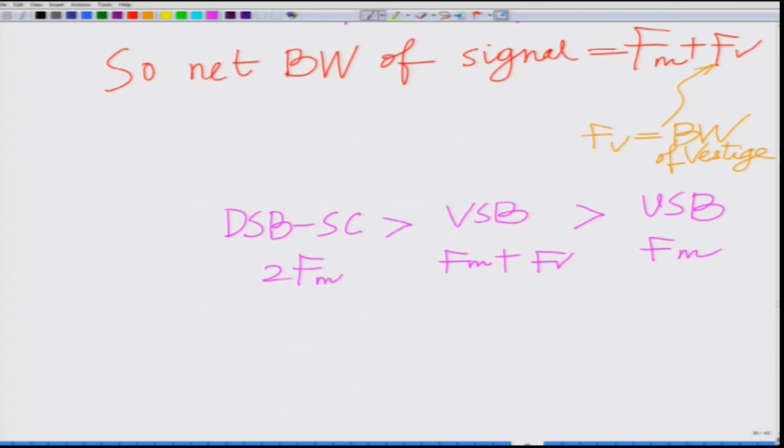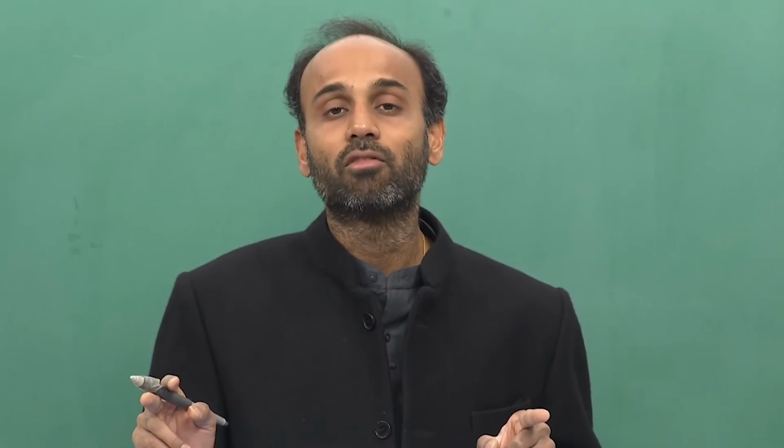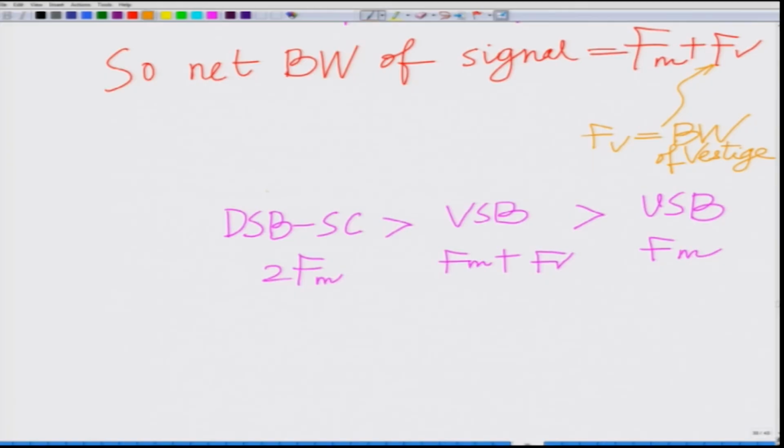Therefore, upper sideband modulation, that is single sideband with upper sideband, has simply bandwidth of Fm, which is less than Fm plus Fv, the bandwidth of vestigial sideband. Therefore, it is more efficient than vestigial sideband modulation, which is in turn more efficient than double sideband modulated suppressed carrier. So, this is basically increasing spectral efficiency from double sideband